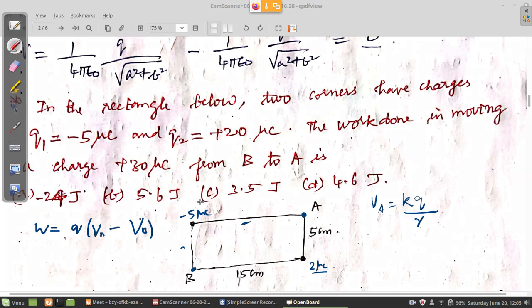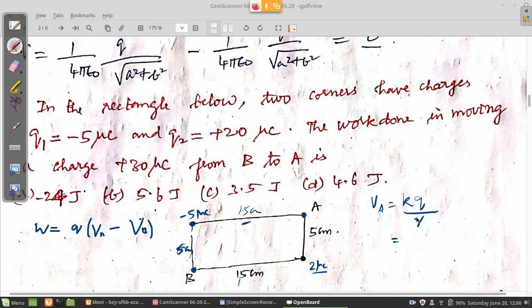You have to tell me R. See, R, what we want I already told you, right? See, the charge is at B. Now you want a potential at this point, at B due to this point. So what is this distance? Tell me. It is 5 centimeter only. So first charge you have to take it at 5 centimeter. The second charge is at 15 centimeter. And magnitude of the two charges you know. So first for point A, if you want to calculate, -5 microcoulomb is at 15 distance.